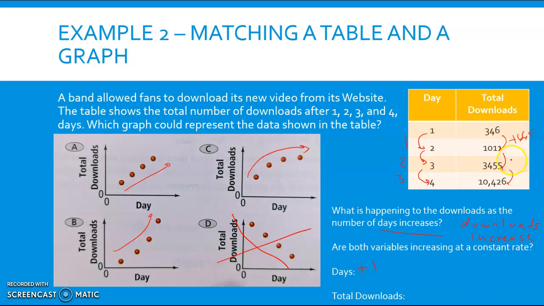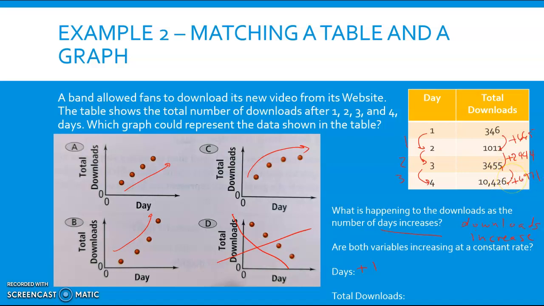Interval 2, you've got an increase of positive 2,444. And then finally on your last interval here, you have an increase, after you've done that subtraction, of